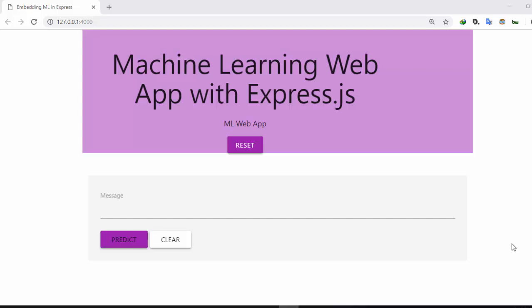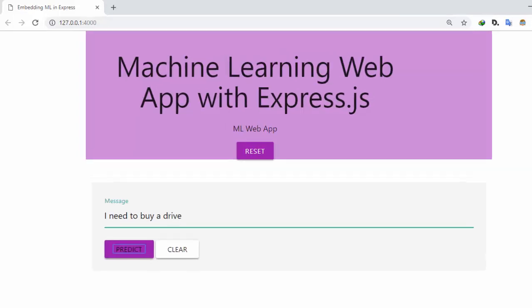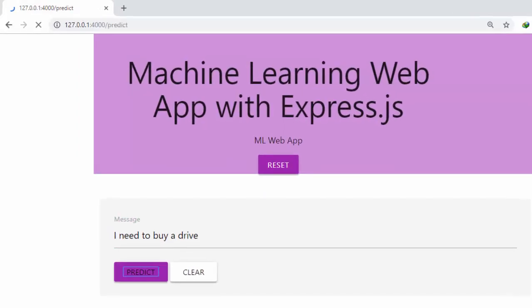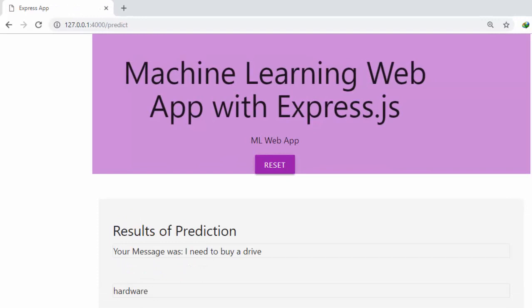So the message I want to type is this: I need to buy a drive, right? If I go with predict, it's going to tell me that it is a hardware problem, which is actually true. Perfect. So if I go to reset it, and I use a different message altogether,